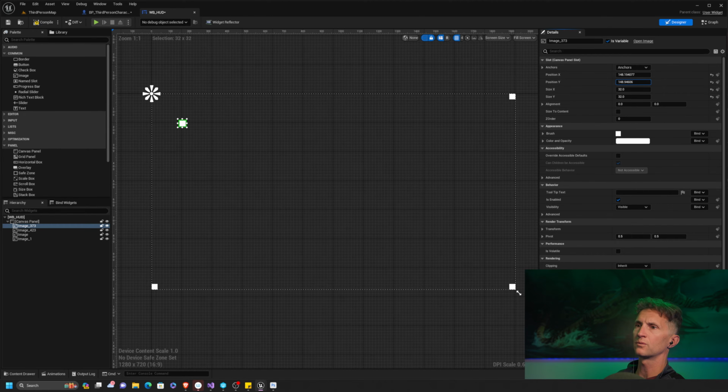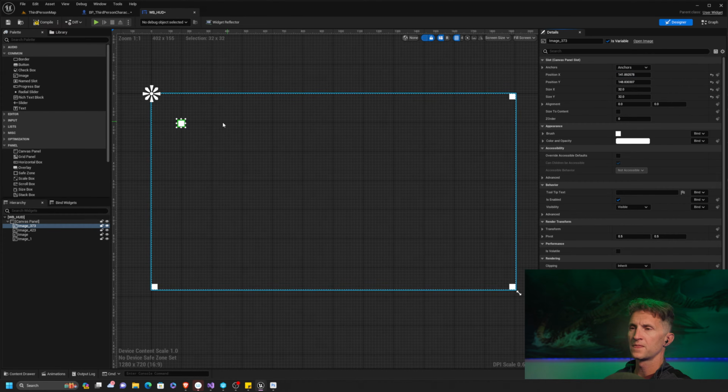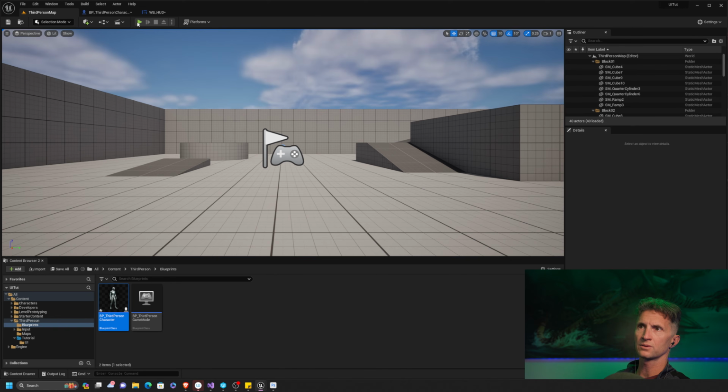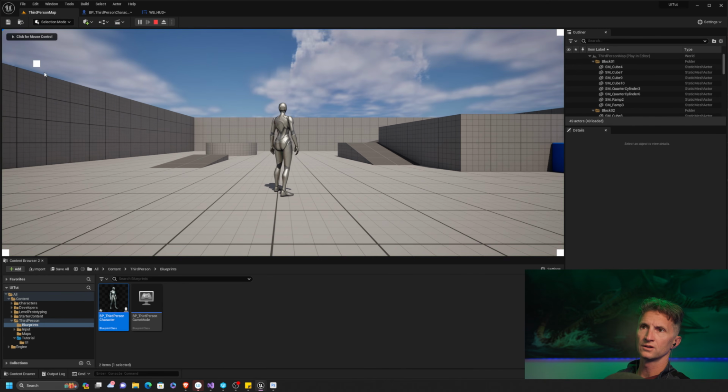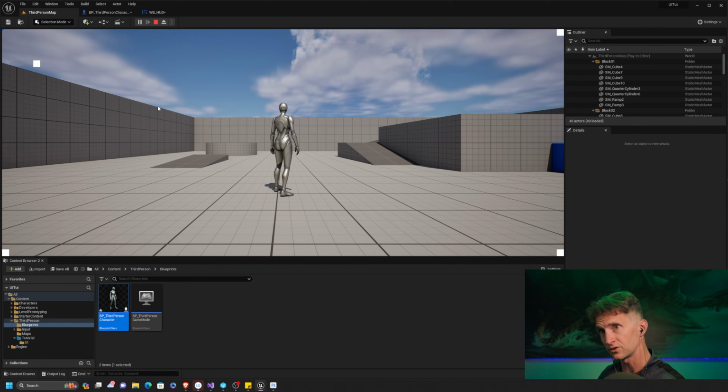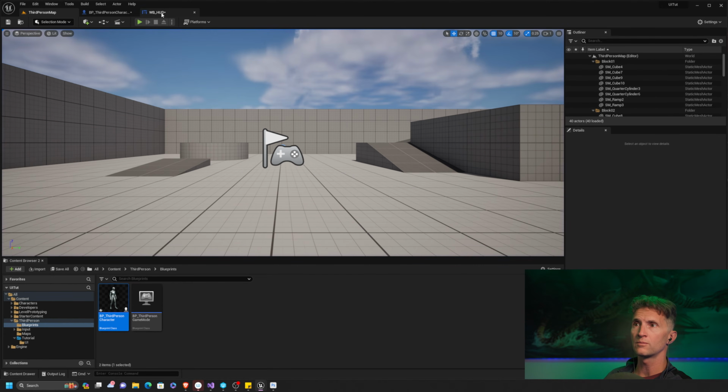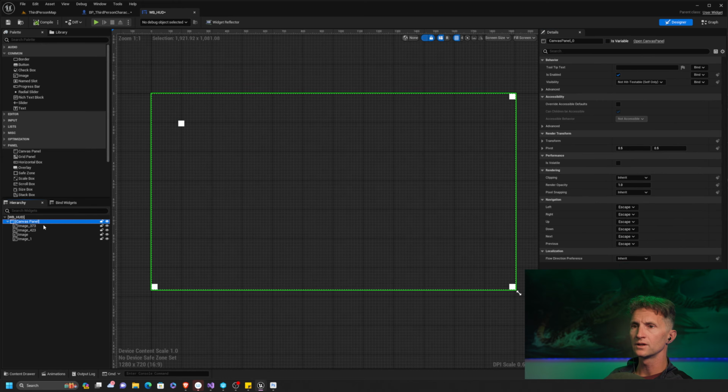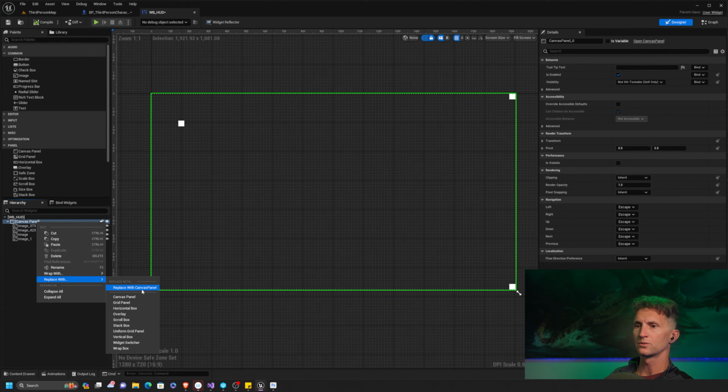If I decided I wanted this here and I wanted to be a little bit more specific about it, now when I play, you'll notice that this button shows up inset based on the number of pixels that I've actually specified as part of the canvas layout. So great for arbitrary layouts. We're not going to use this one today. Let's go ahead and replace this with our